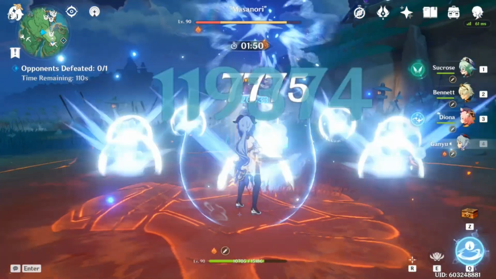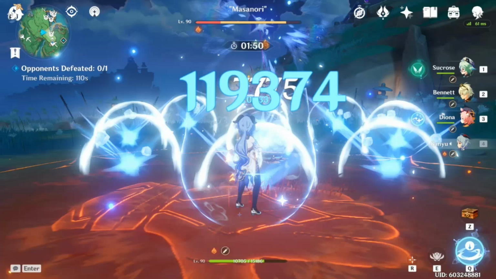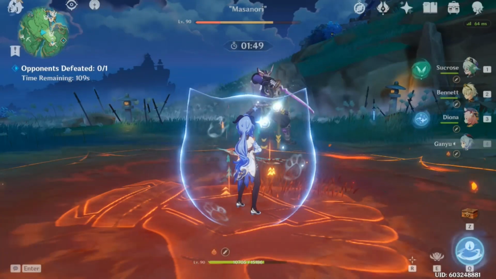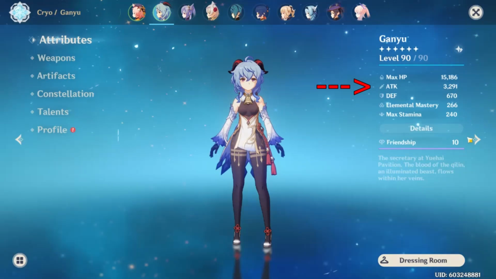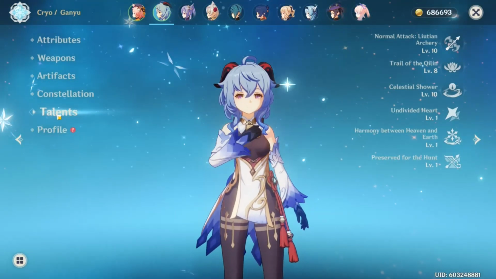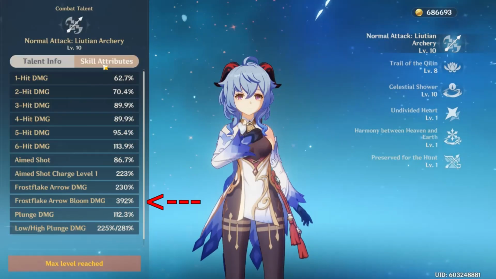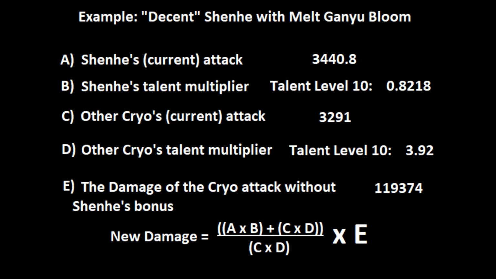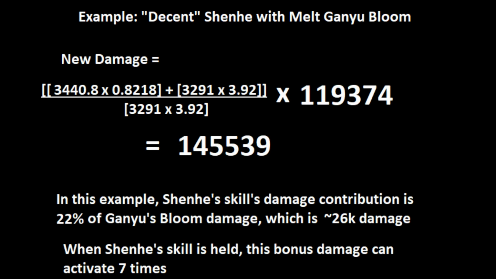Now we'll go to calculate the numbers for my Ganyu, and the first number that we'll get is the damage from the bloom. Here it is 119,374. Next we see her attack, it is 3,291 right now, and the talent multiplier is 3.92. So if we take all those numbers and plug them into the equation from before, we get 145,000 damage. In this example, Shenhe's skill damage contribution is 22% of Ganyu's bloom damage, around 26k,